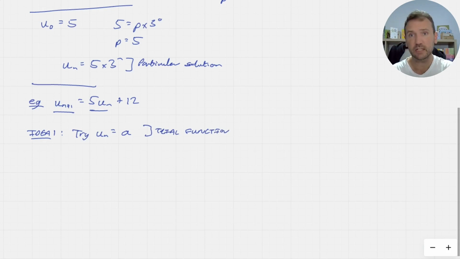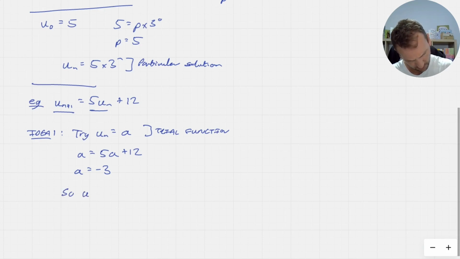If we do this, then let's sub in. So un plus 1 would still be equal to a. When we sub in, we get a on the left-hand side, and 5 times un is 5a, plus 12. Well, this is nice and easy to solve. We can rearrange, I'm just going to jump through, and we'll get that a is equal to negative 3. So un is equal to negative 3